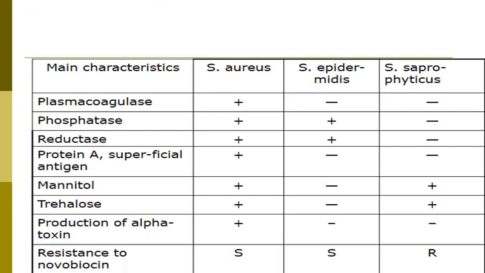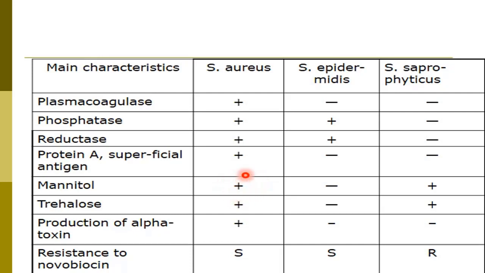In this table, the main species of Staphylococci differ from each other by these characters. Regarding coagulase, positive, negative, negative, respectively, aureus, epidermidis, and saprophyticus. Phosphatase, positive, positive, negative. Reductase, positive, positive, negative. In protein A, superficial antigen, positive, negative. In the mannitol fermentation, positive for Staphylococcus aureus. Thus, when we talk on the mannitol salt agar after a few seconds,